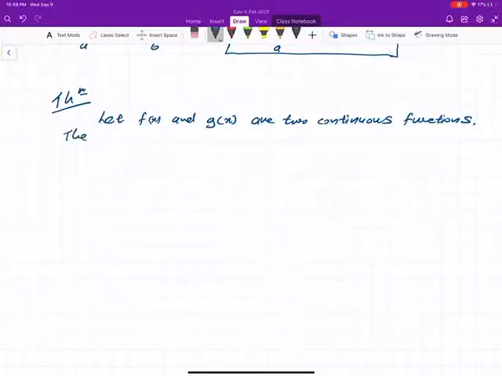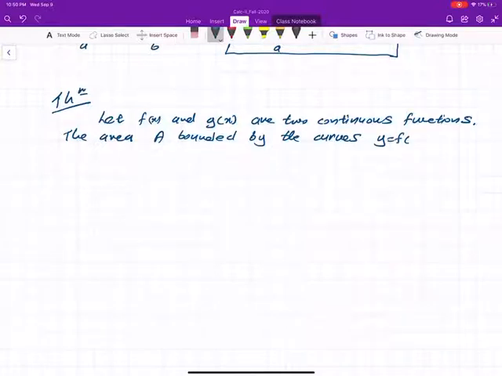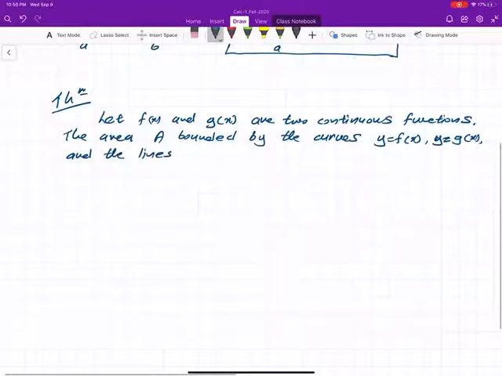The area A bounded by the curves y equals f of x, y equals g of x, and the lines x equals a, x equals b is